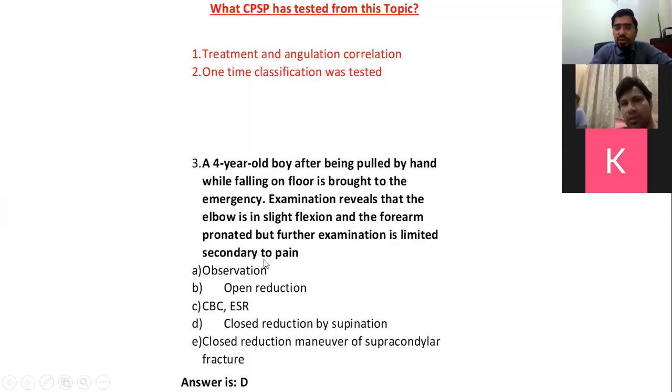Then there is another question. When you read the question, how do you solve it if the treatment is asked and the diagnosis is not mentioned? Then first you have to diagnose. A 4-year-old boy, look at the age, then you look at the history: he has been pulled by the hand, and if you look at his hand,